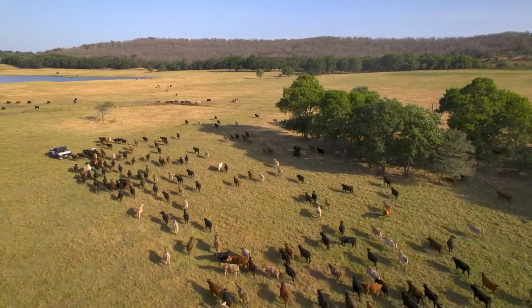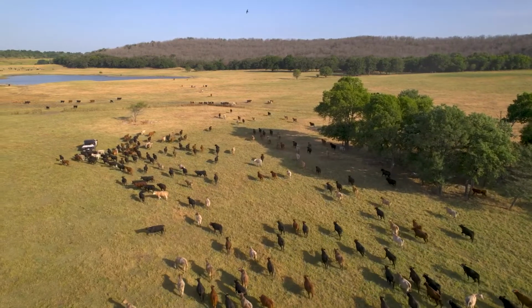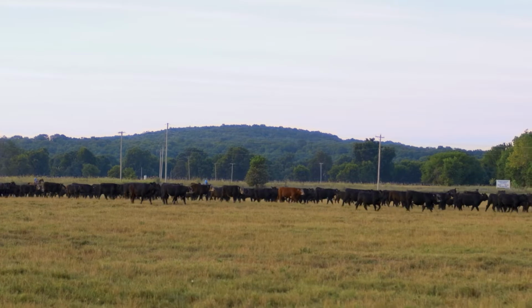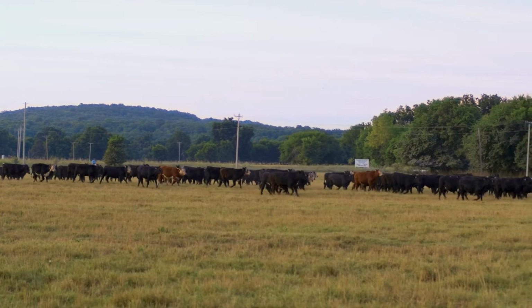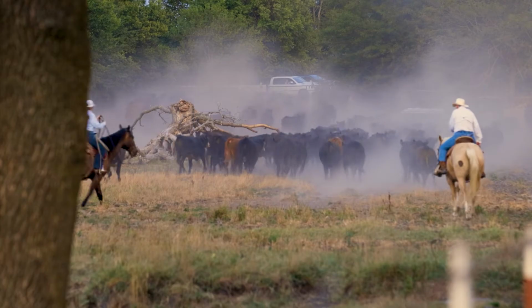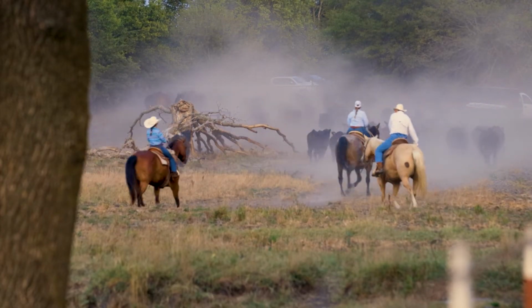it's about the animals first and foremost. We want to help our producer produce a healthy, wholesome product for the consumer. We also want them to produce an animal that's going to perform on their operations, that when they sell them on sale day, they have the maximum amount of weight to sell, and that means more money back in their operation for their livelihood, to support their family and send their kids to school like my family did when I